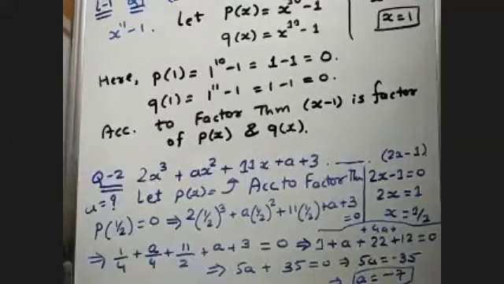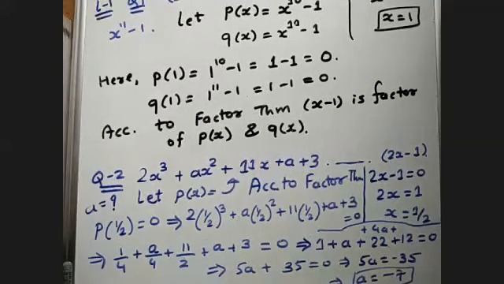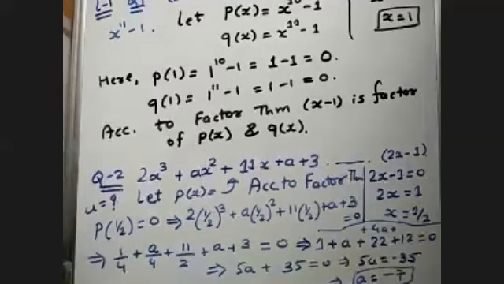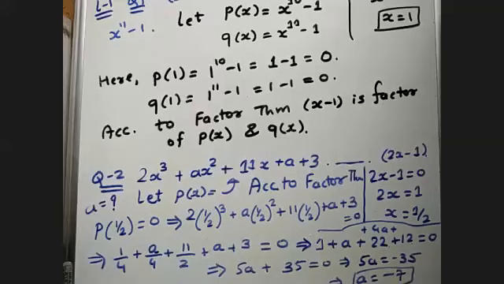Because it is factor, from factor theorem, right? It is exactly divisible by 2x minus 1 means आप उसको exactly 2x minus 1 से कब डिवाइड कर सकते हैं? जब वो आपका फैक्टर होगा, right? Or either if you are dividing it with 2x minus 1 and it is exactly divisible, that means its remainder is 0, right? And if its remainder is 0, then p of half equal to 0. So is it clear?